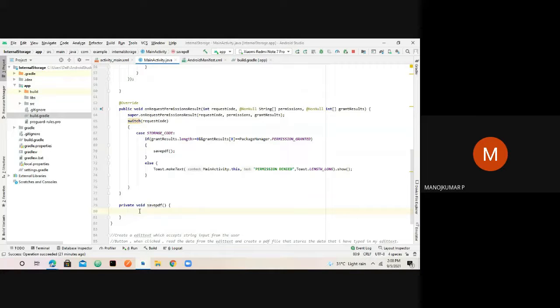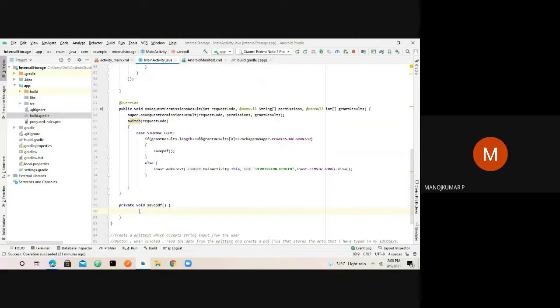So within this methodology, we are going to do two simple things. One is to create a document and then name the document, name the file path, and then once the document is created, we open the document and write in the data that we want, and then store the document value, and then close the document, and finally store it to the external storage. That is your internal storage, actually, your phone, right?